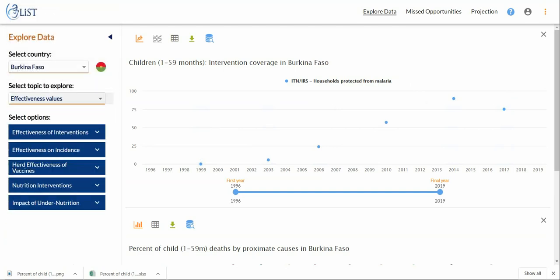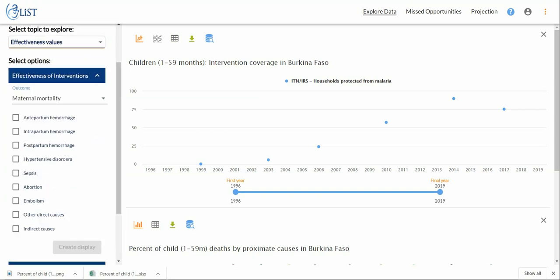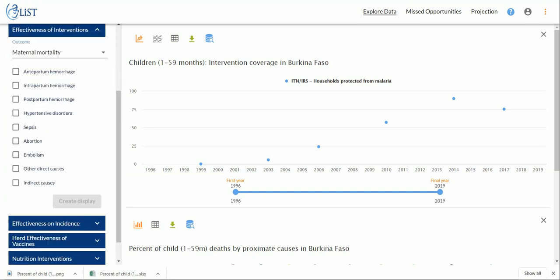Moving on now to effectiveness values. We have multiple different options that can be selected here. Either the effectiveness of the interventions themselves, the effectiveness of the intervention on the incidence of diarrhea, for example. For vaccines, we have some data for herd effectiveness. We have the effectiveness of the nutrition interventions, and then finally the general impact of undernutrition. So we were looking at ITNs,